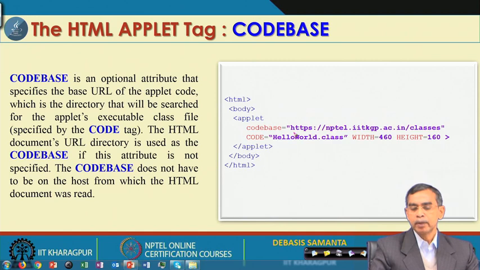Here is an example, say HTTPS indicates the location of the remote repository where this class file is there. This means that your browser will connect to these sites, check that class file, import it into your local machine, and then this applet code will be executed. So, applet code is not necessarily executed from your own machine, it can be from a distance. Usually in case of internet programming we have to do that.